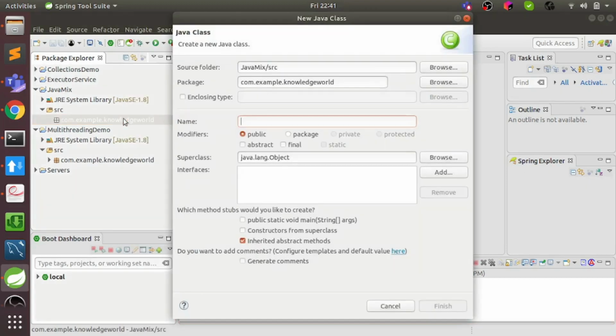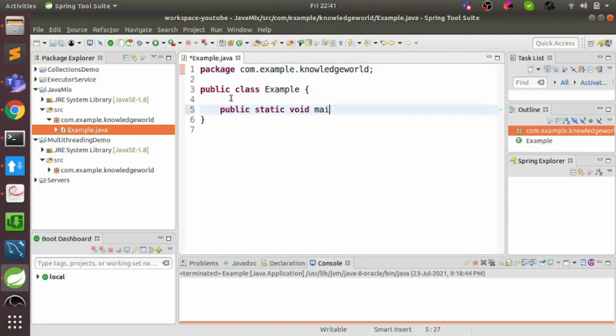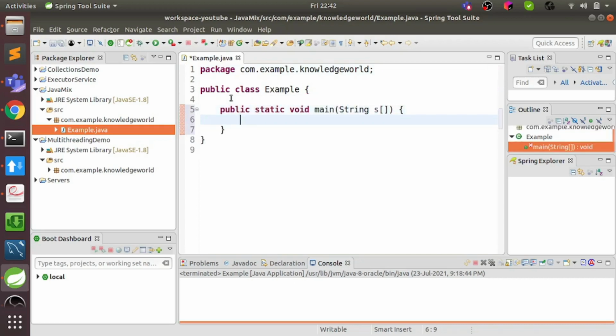So let me create a class. Let's call it Example. Let's create the main function. Let's say we have created a string a equals hello.